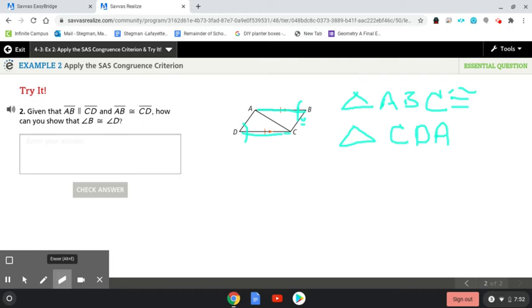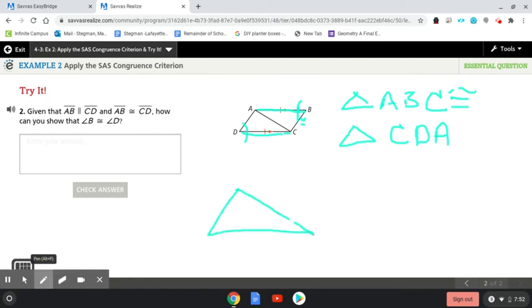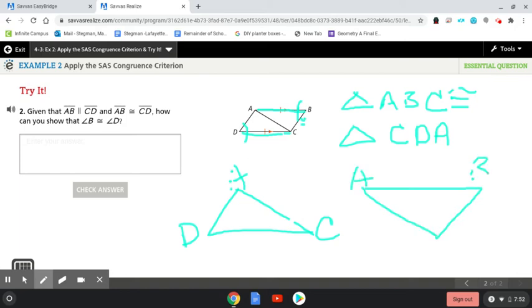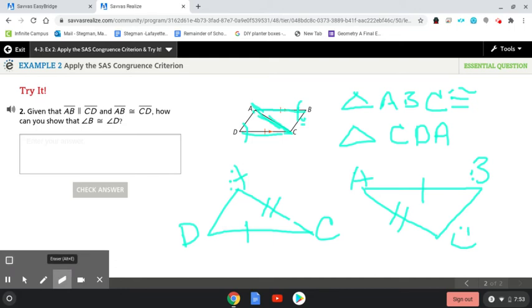So first off, I'm going to go ahead and just draw out both triangles. Okay, so we have D, A, C, and then up top, we're going to have A, B, C. So the information that we already have is we know that DC is congruent to AB. Now, if you notice, AC, they share this side. So AC, that's going to be congruent as well. All right. So now what we're going to use,